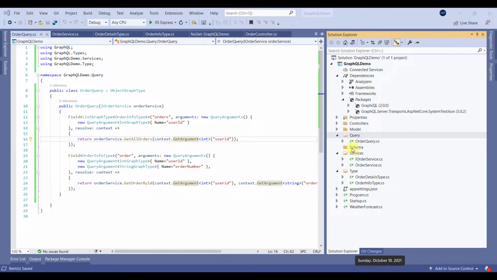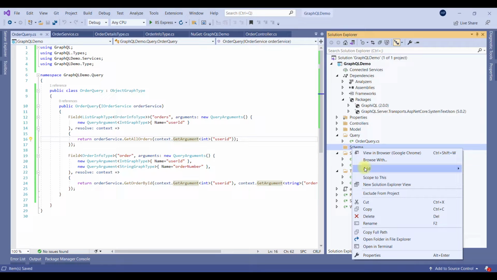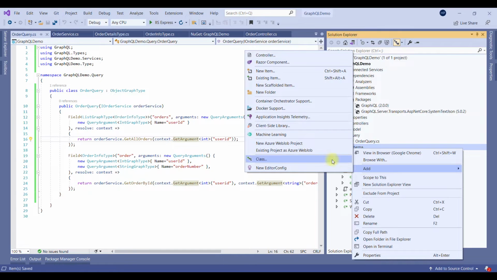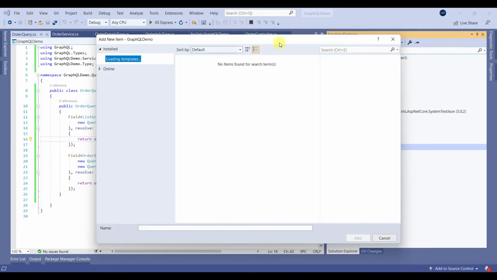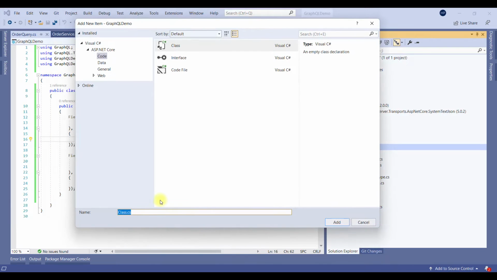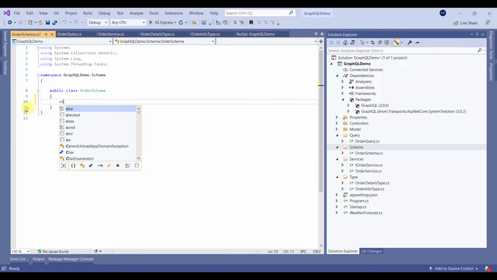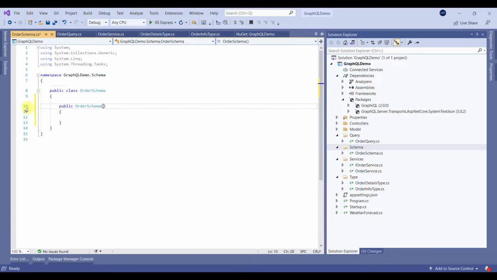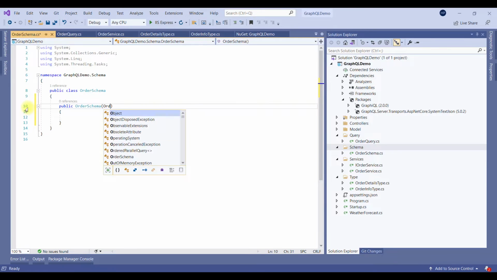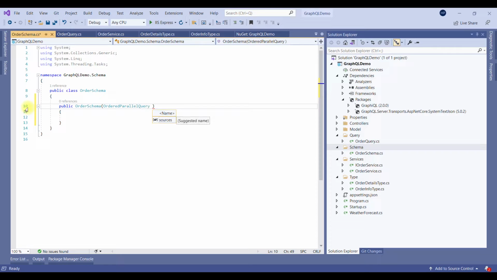The schema is basically what I'm telling my application to just hit this order query. So I need to define an order schema. I will name the class as OrderSchema. I will create a constructor. I will say my starting query is order query,